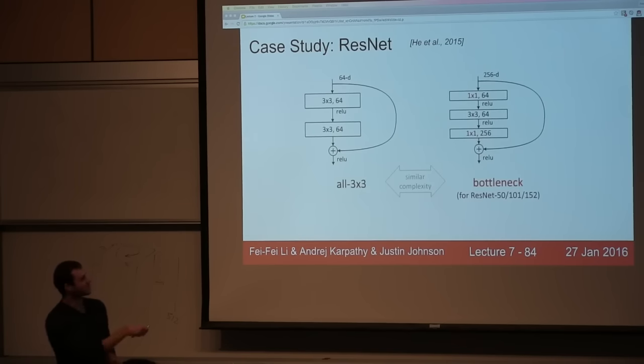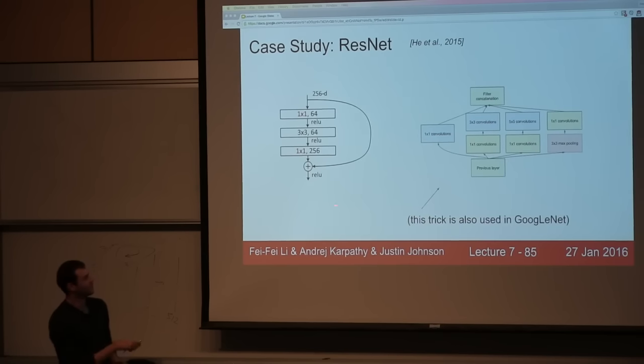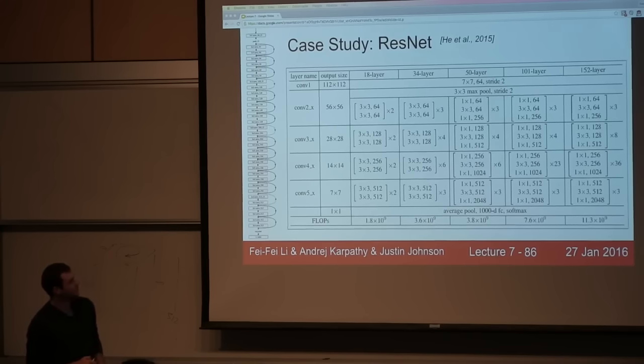There are some subtleties that make it work a bit better. I have to skip through this in the interest of time, using one-by-one conv in clever ways, as we saw in GoogleNet as well. I'll skip this. Okay, let's skip this. We only have 5 more minutes, so I want to catch some questions, but I also